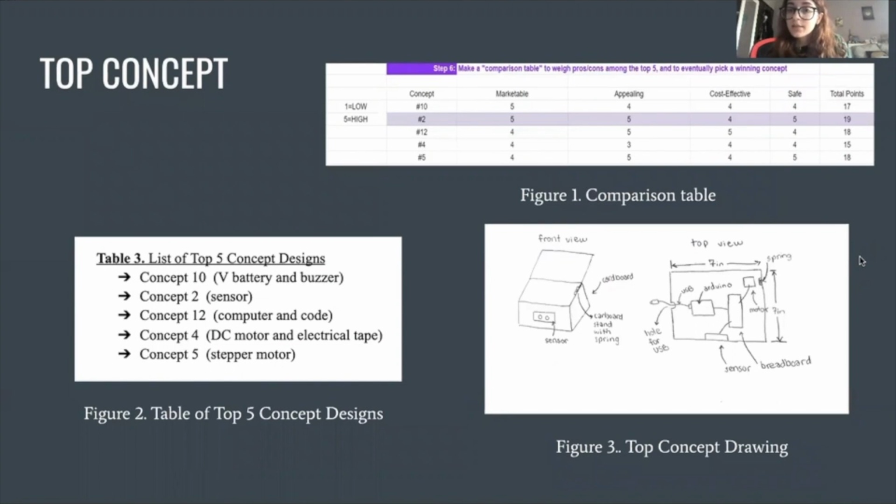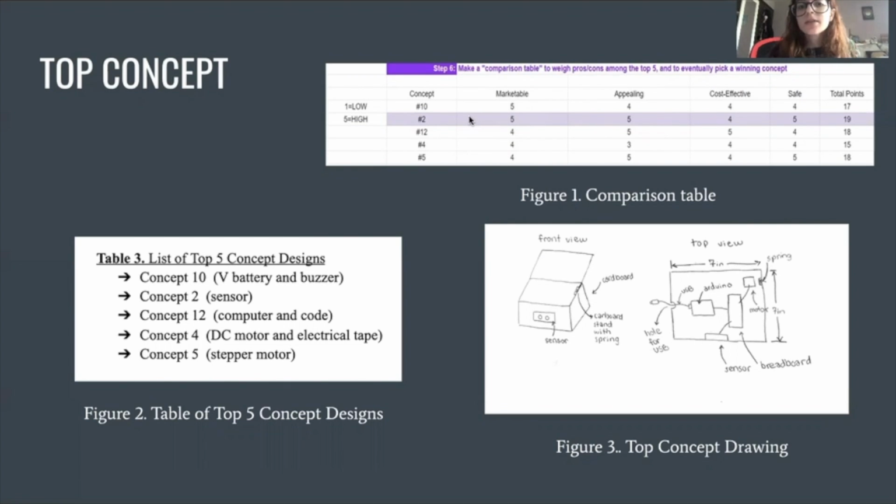We use these generated concepts to get to our top 5 concepts and then to our top concept. We had to use a comparison table to fully compare every concept. We also picked all these concepts because they didn't have wood. They each used a different motor since we wanted different possibilities. They had no buttons, and we just picked them based on what we're more comfortable with. So as you can see over here, this is how we compared